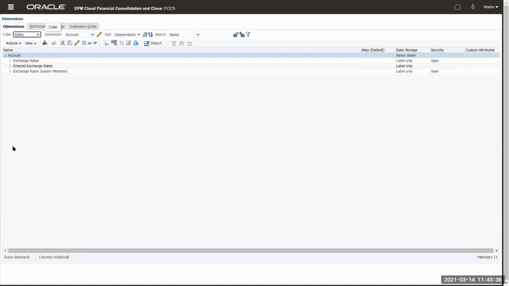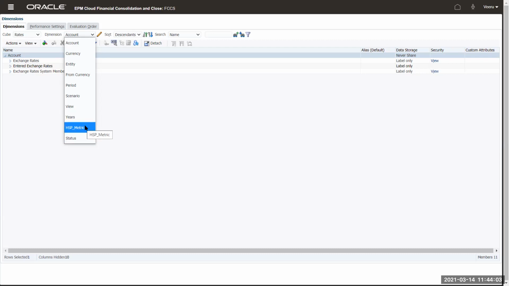All the remaining members of this dimension are not part of this cube. There are only a limited number of dimensions here: account, currency, entity, from currency, period, scenario, view. Whatever is required from a data exchange rate loading perspective is what is available in this rates cube. So don't worry about these two, HSV metric and status.